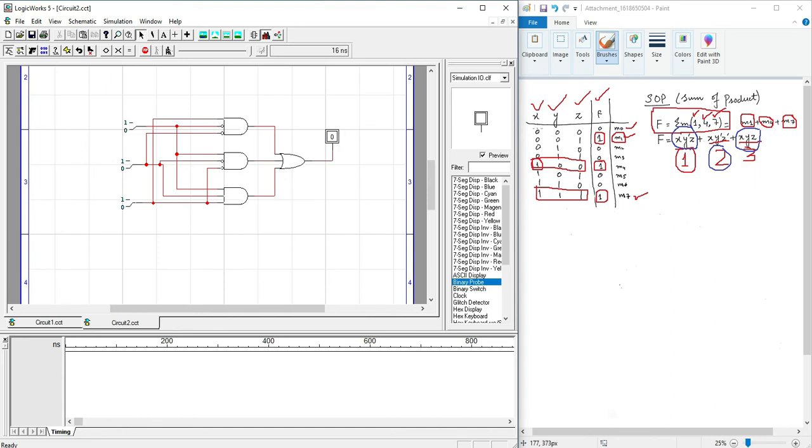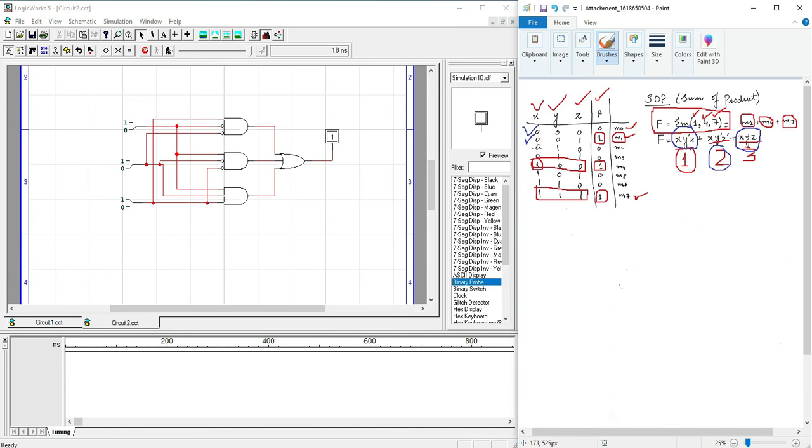Now we will verify the truth table and the outputs, to check whether we have made the connections right or wrong. So for 0 0 0, our output is 0, so the first combination is verified. Now X is equal to 0, Y is equal to 0 and Z is equal to 1. We click on this and the input is moved to 1. So we will get an output high, so our second combination is also verified.